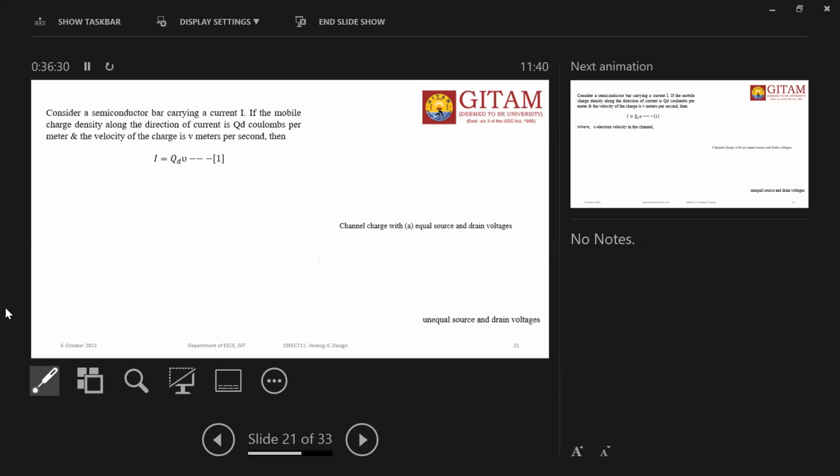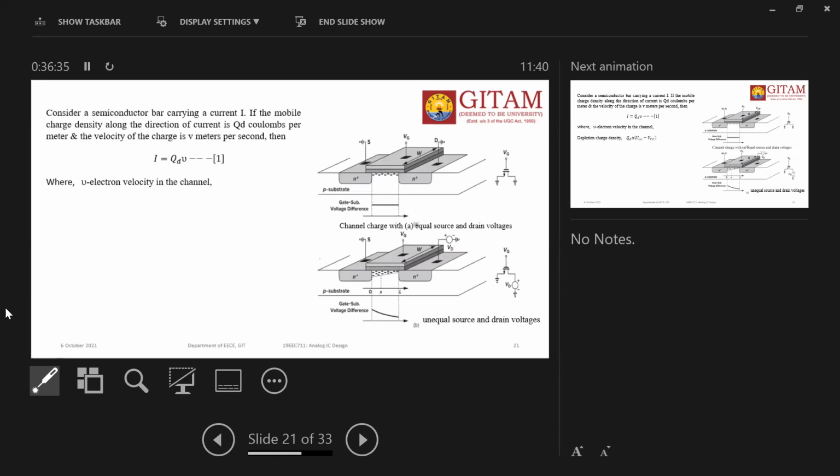Okay, this is the first equation, where V is the velocity in the channel. Take the first picture. In the first picture, what happened? The source is grounded, of course the body is also grounded, and the drain is grounded. Only VG is applied, because the channel needs to be present. So the equivalent circuit of this is like this. Source and drain are both grounded, and VG is applied. The channel is established like this. I hope you understand. Here the body, what we discussed, is the same thing. The channel is already established because of VG.